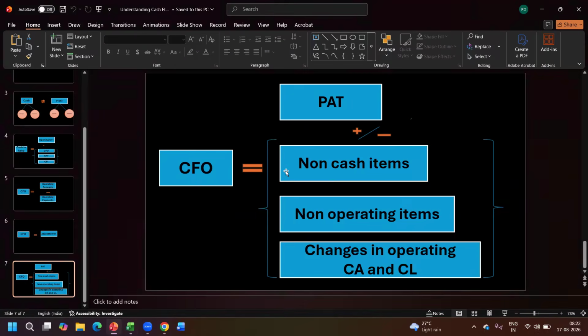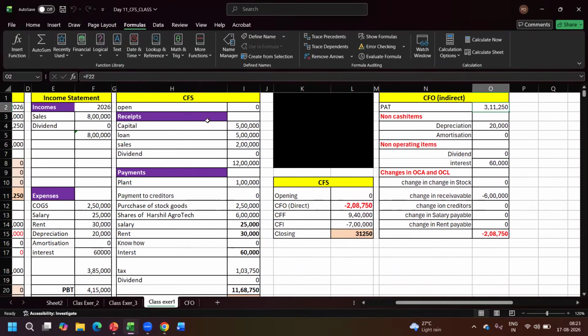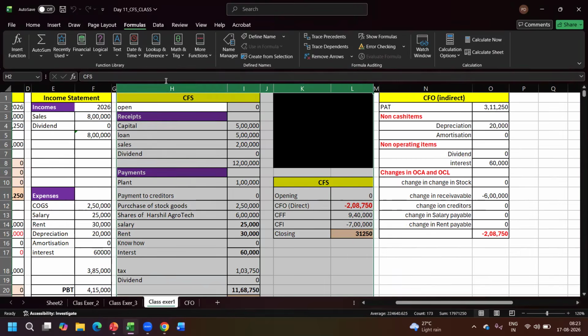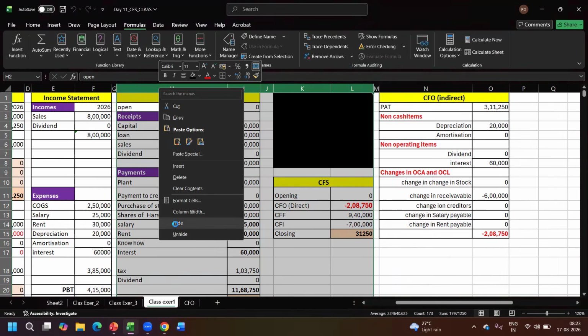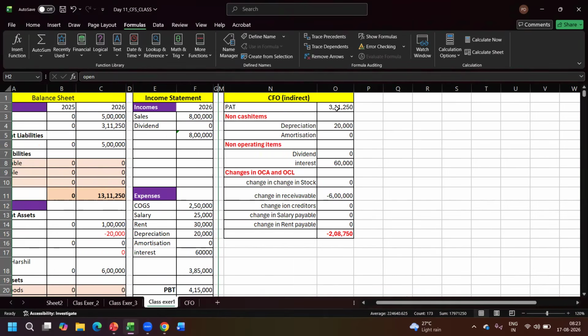As we saw here, CFO by the indirect method is PAT plus or minus adjustments for non-cash items, non-operating items, and changes in operating current assets and current liabilities. So PAT is 315,000, right? Now let us close this. Let us focus on the indirect method of deriving the CFO. So PAT is